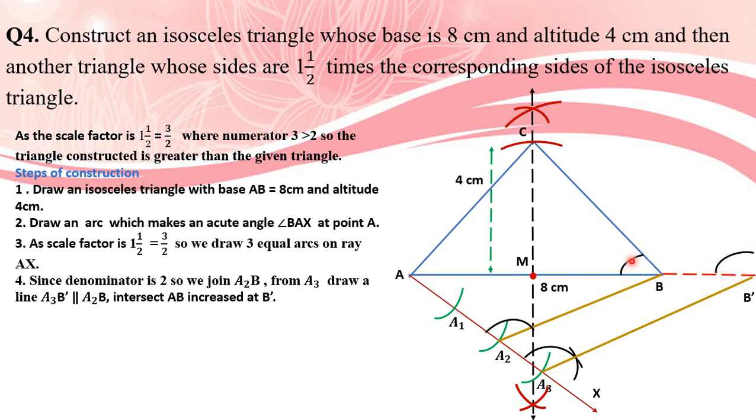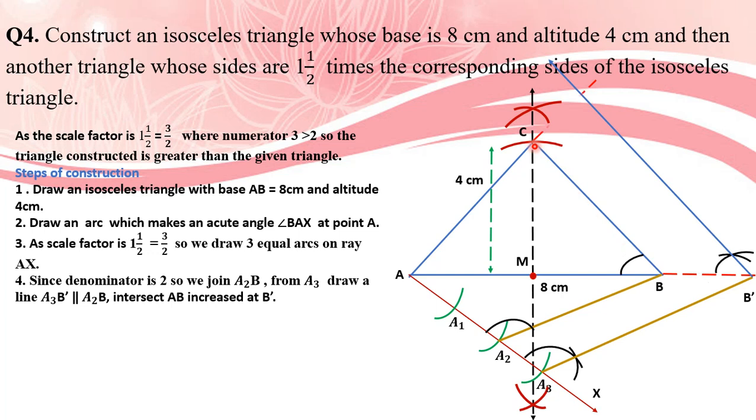Now open the compass and measure the angle at point B. Then with the same opening, place the pointer here and cut the arc. So here we are making the same angle at B and B dash. When B dash is joined with this intersection point, and we produce AC, the line from B dash which is parallel to BC